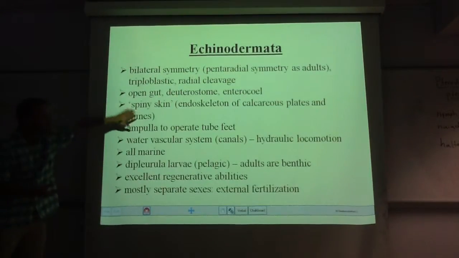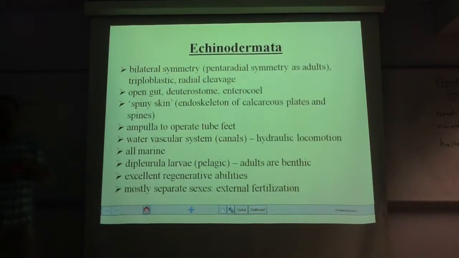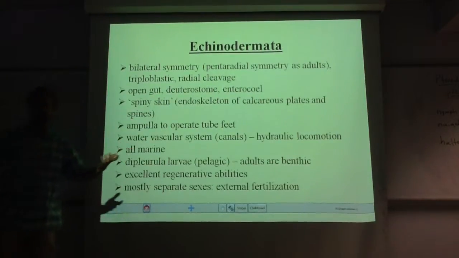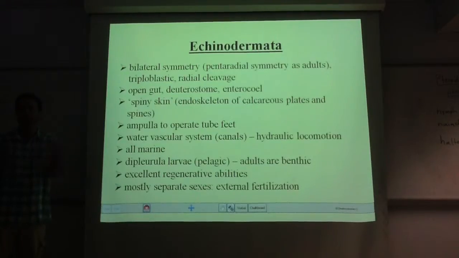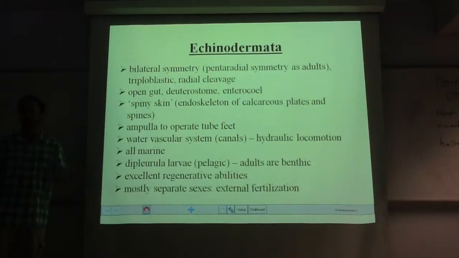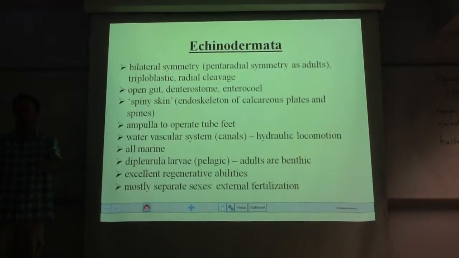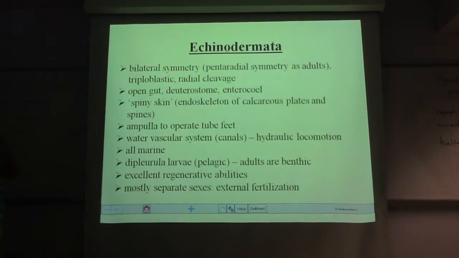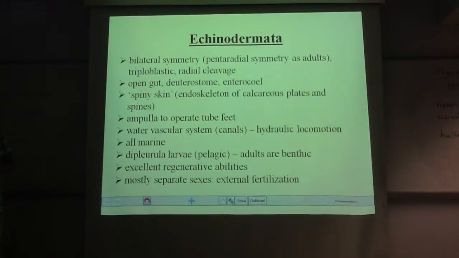This particular phylum has a spiny skin, and they have an endoskeleton of these little calcareous plates that you'll see when you all dissect your starfish next week. Endoskeletons are unusual for invertebrates. Notice we didn't really have one. You maybe could argue that the fin of a squid is an internal skeleton, but there's very few animals that we looked at so far that have that. Obviously, vertebrate animals do, right? So it's more of a thing we associate with vertebrate animals. Well, these guys have it too. They have an internal skeleton, one that's underneath their skin.